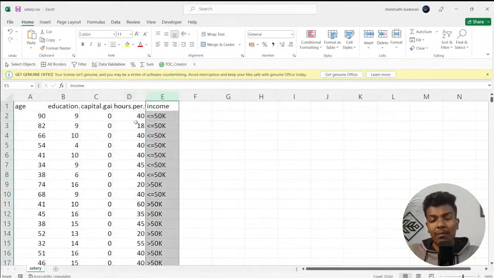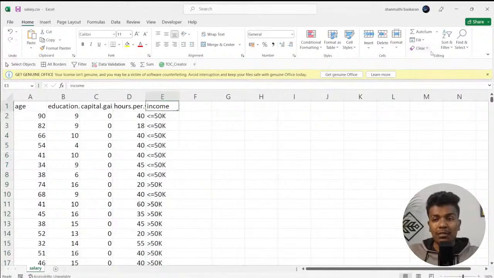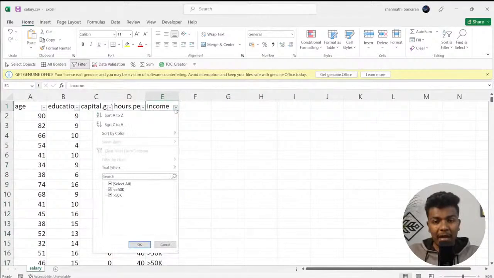On that income column, if you really want to see what all the categories are, you can apply some filters, and you can see there are only 2 classes. The first class is less than or equal to 50k, and the second class is greater than 50k.